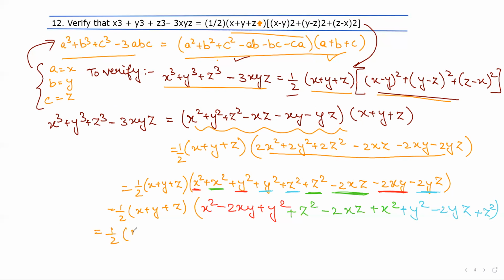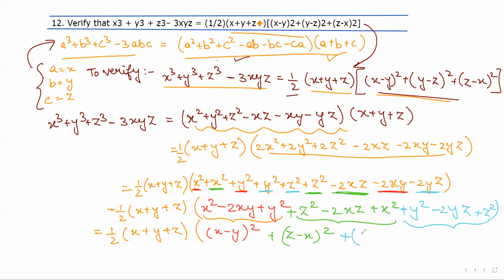So 1 by 2 x plus y plus z, and in the second bracket this can be written as x minus y whole square plus this can be written as z minus x whole square. Lastly, we have plus y minus z whole square, which is your RHS, hence verified. So you started with your formula and therefore LHS is equals to RHS, because when you say equals to, your